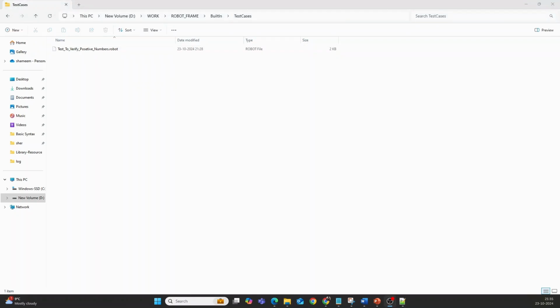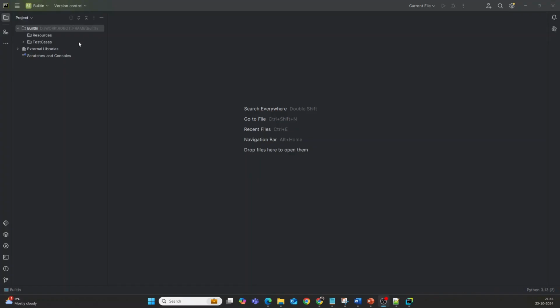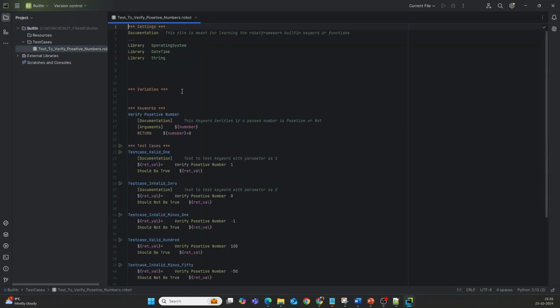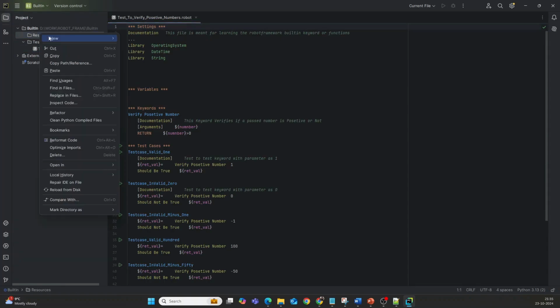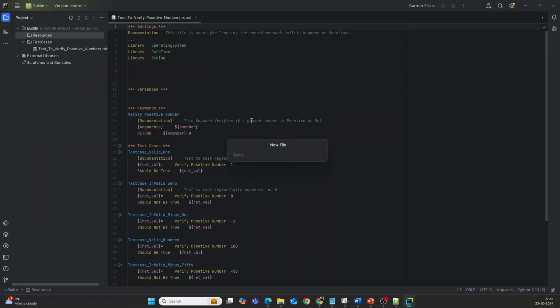Now let us try and open PyCharm. PyCharm is open. Now what we can do is see this under the test case. What I want to do is, under the resource, go and create a new file called keyword, or for verify the number, verify pos